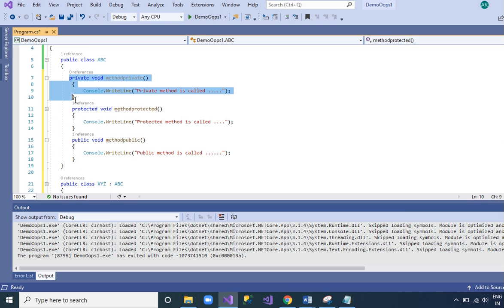But the private property cannot be accessible outside of its class. So the private data member is related to encapsulation.